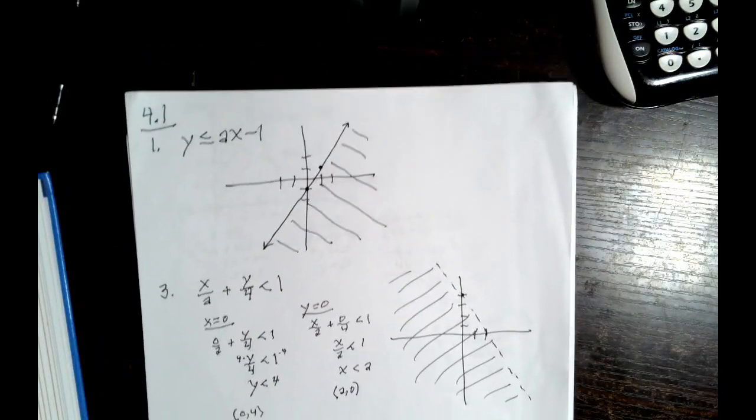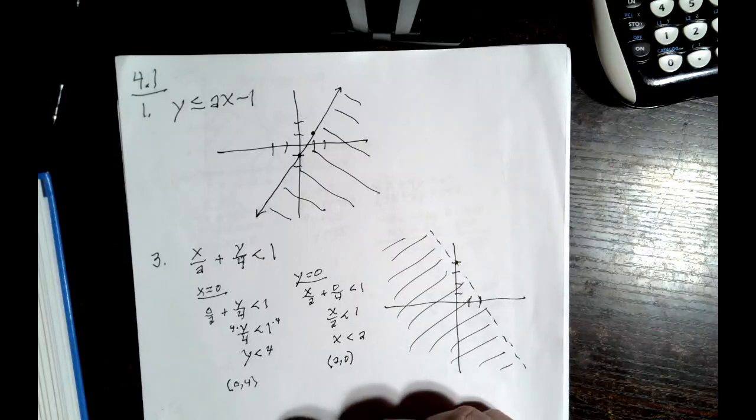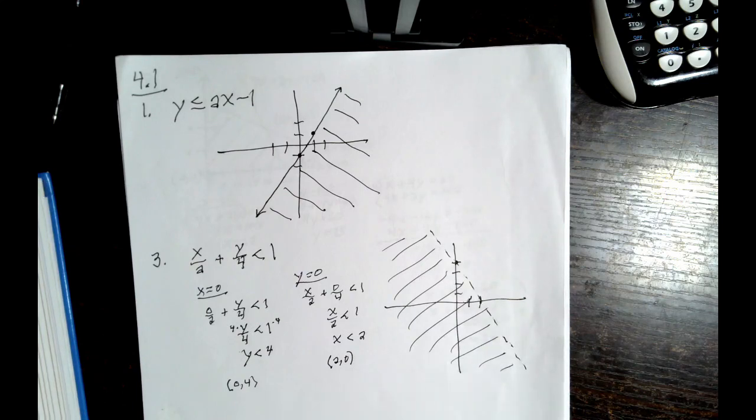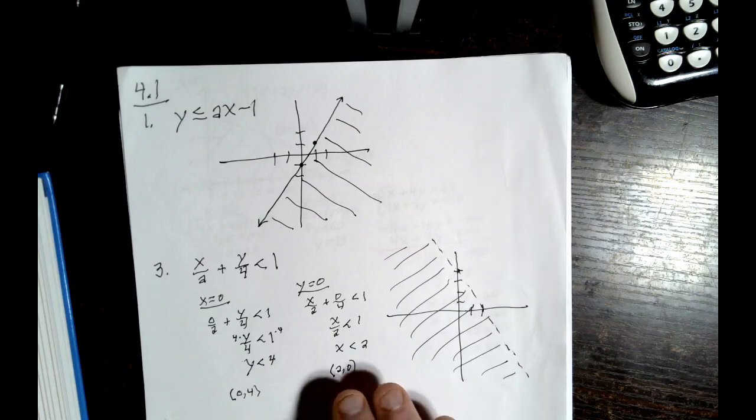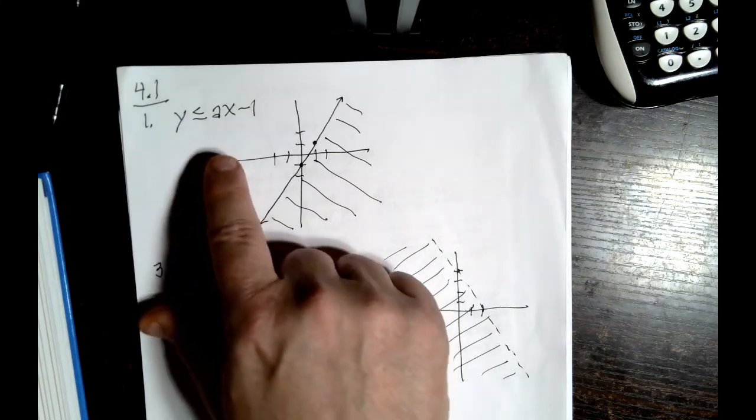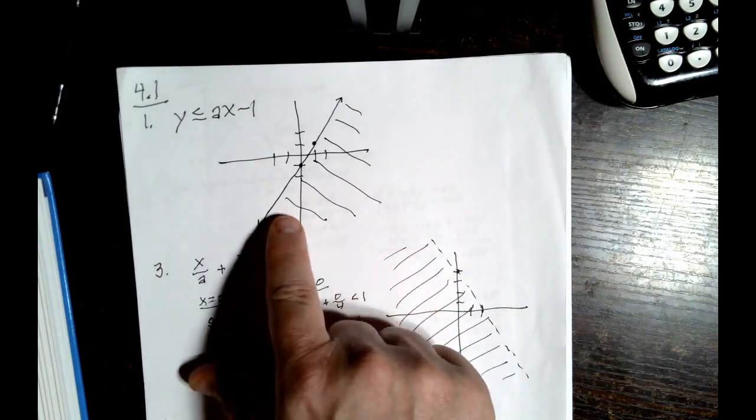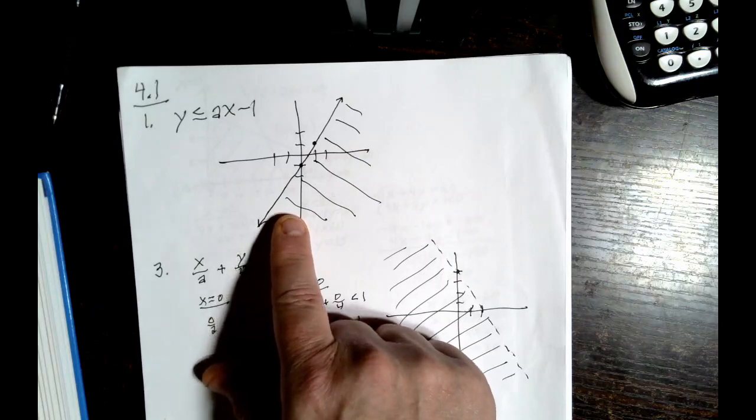Alright, let's look at 4.1. This is called linear inequalities in two variables. And then in section 4.2 we'll talk about linear programming. Alright, so in 4.1 they give you this equation or inequality and ask you to graph it on the number line or on the